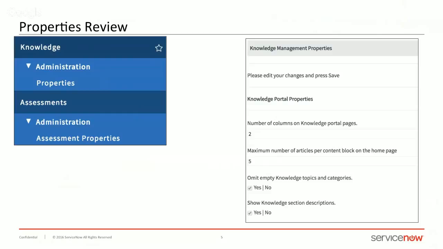Okay, our agenda: we're going to go through a quick properties review, a few concepts about what we're going to build, and then I'm going to build it right in front of your eyes. This is probably going to be a short one, depending on how much color we want to add to this presentation. You're probably already familiar with the left-hand navigation menu that has properties under knowledge, properties under change management,